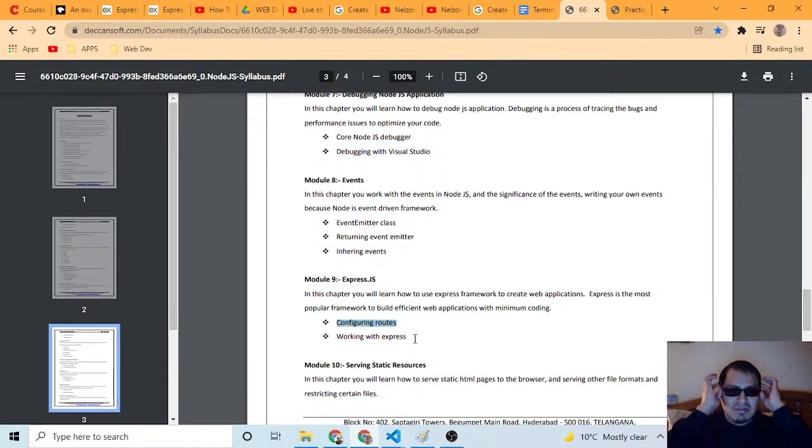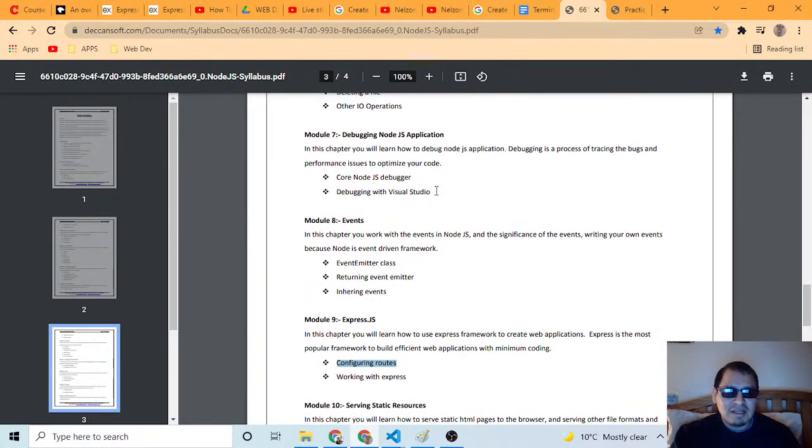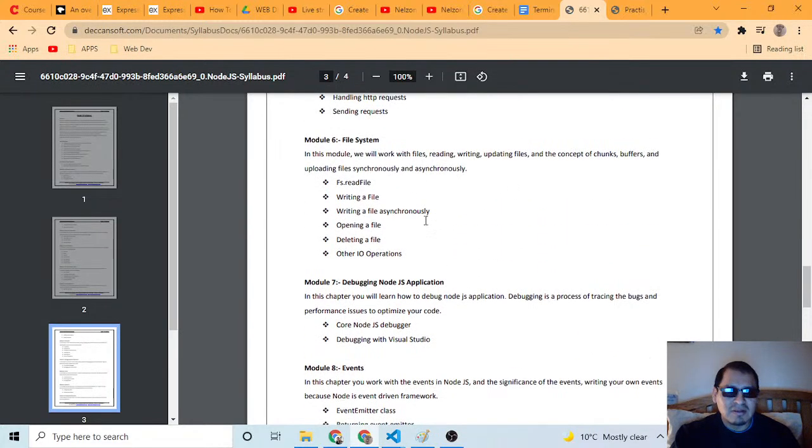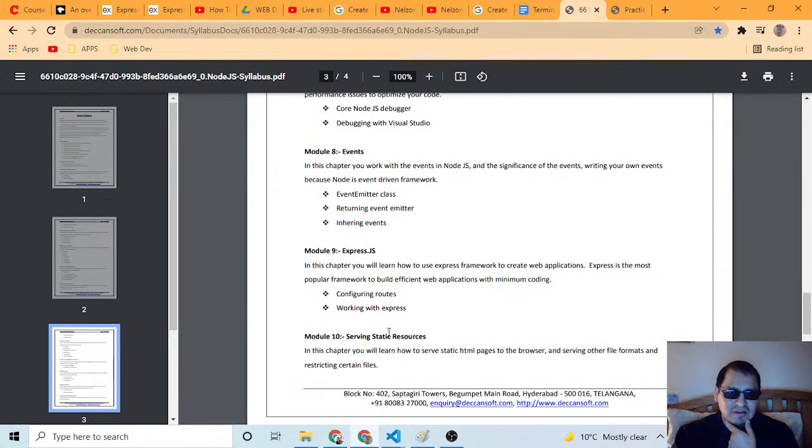Okay, I don't know what to do. Maybe I should go and learn a little bit about configuring routes before I go and do these things. Okay. At least I know this is important. This is important. So I want to dwell here in file systems and routes, configuring routes.